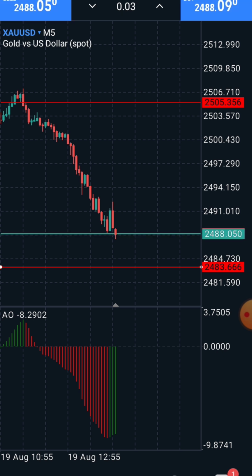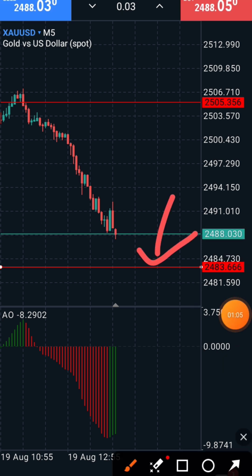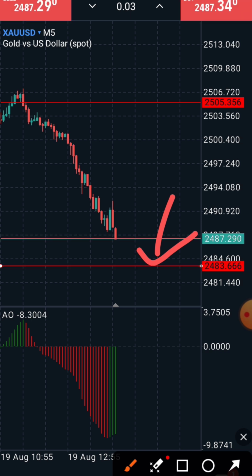Wait for price to reach here. This is a support line, so I will wait for the market to reach here and I will take a trade. So let's wait.